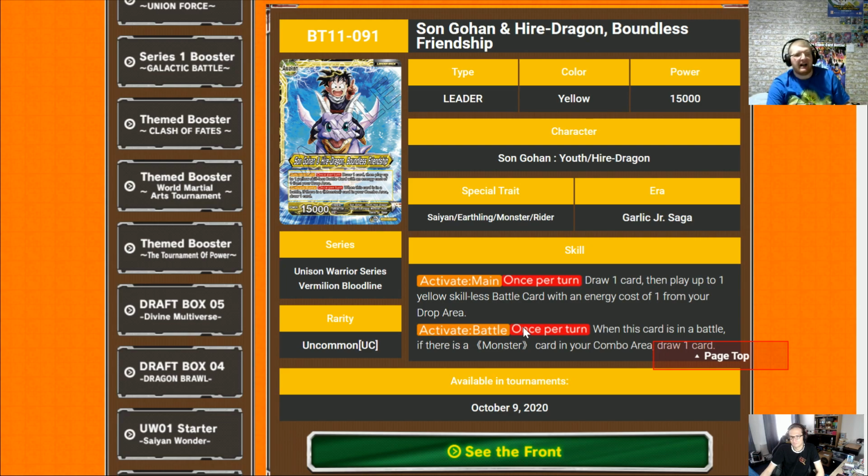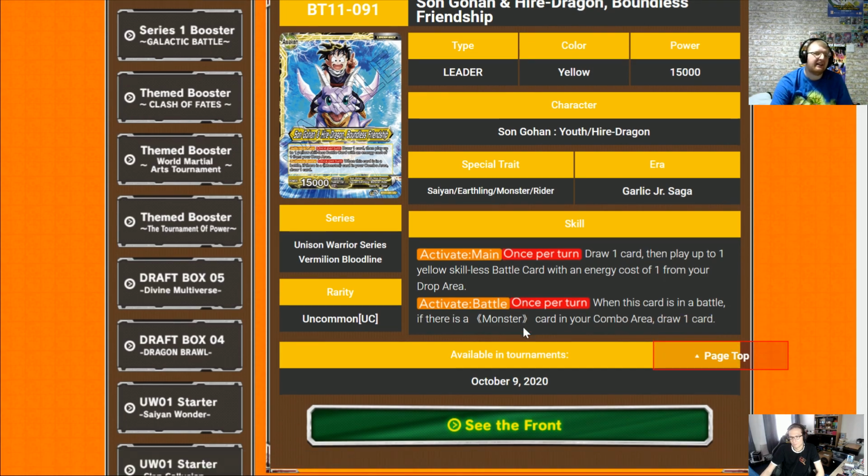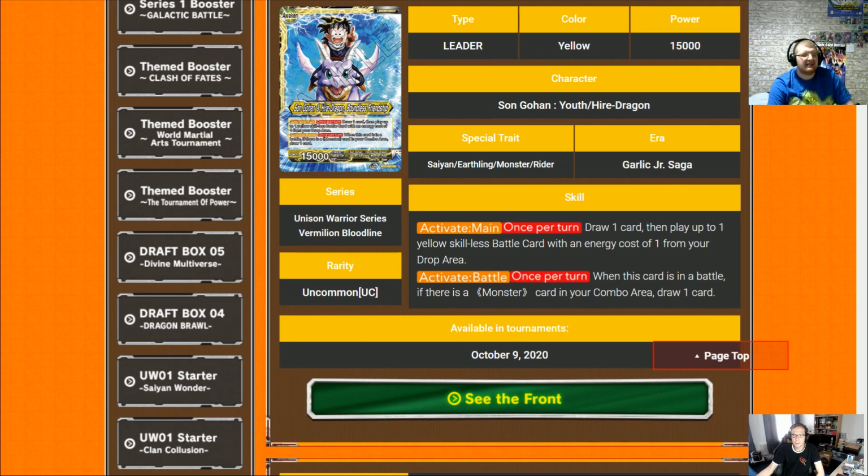Activate main, draw one card, then play up to one yellow skillless battle card with an energy cost of 1. It's a shame it loses the permanent of plus 5k, but it would also be kind of nuts if it kept it. No, I mean, it's 15k on both sides, right? It's a very good aggressive leader because you can force your opponent to awaken early and your leader can still hit. True. And then activate battle, probably the more telling of what's going to be with this little mini archetype here